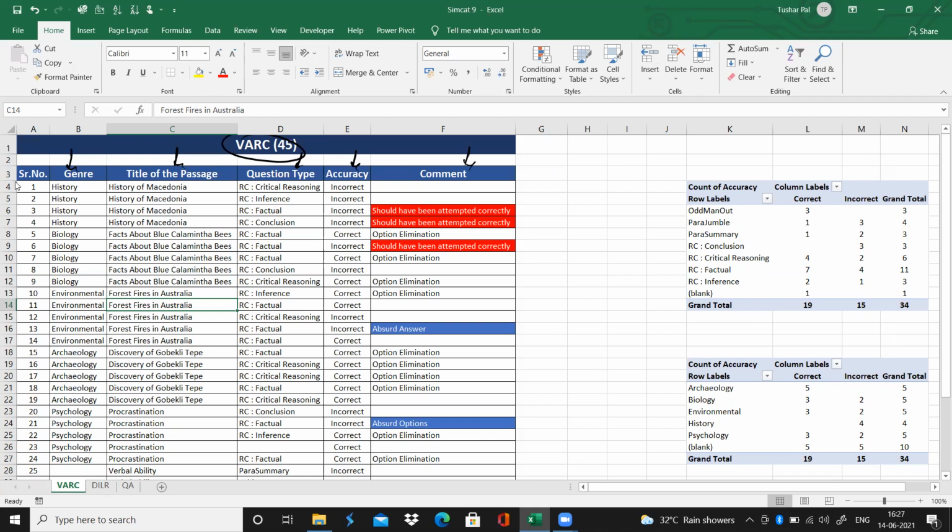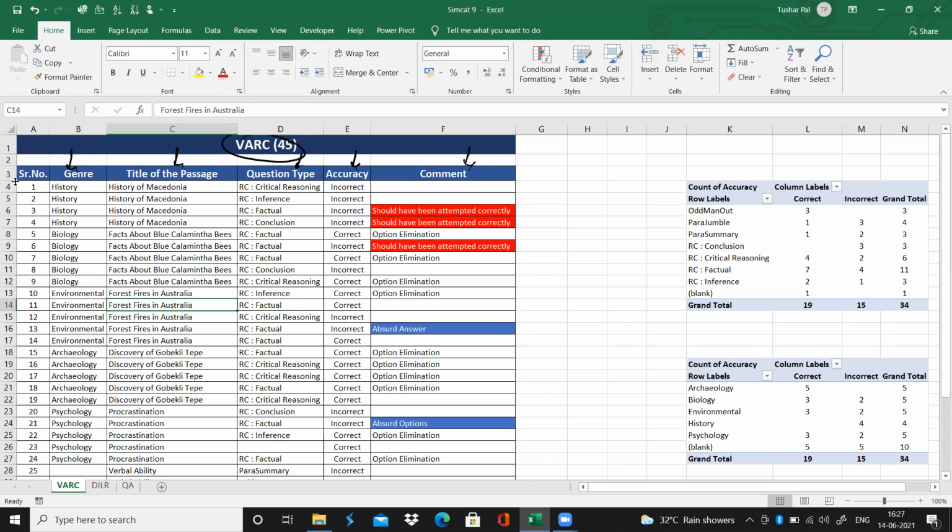The reason why I've made this column of genre is because by the end of September or October, you would have given a lot of mocks and you can have a database of it. From it, you can have a pattern of your reading interest. In some genre, you are much more comfortable, you will be much more interested, and due to which you will be able to comprehend that particular passage better and score well.